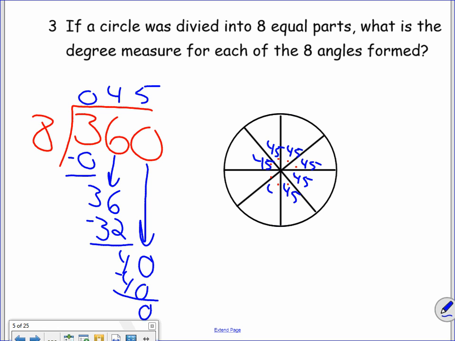Now, does that make sense? Well, how can we check it? We can do 8 times 45, which we know equals 360. Another way we can take a look at this is